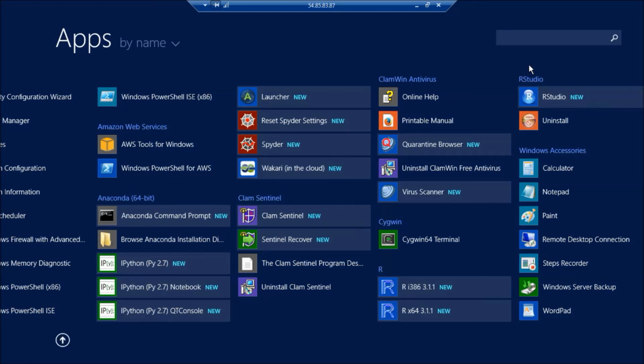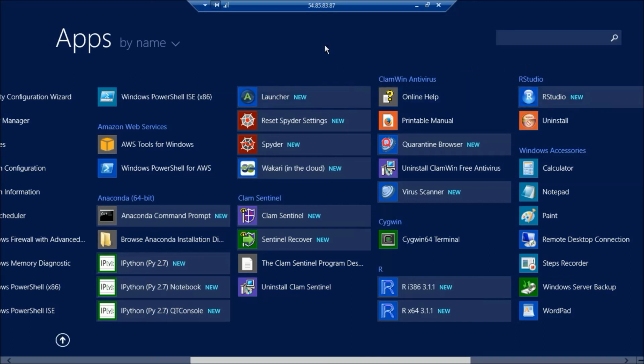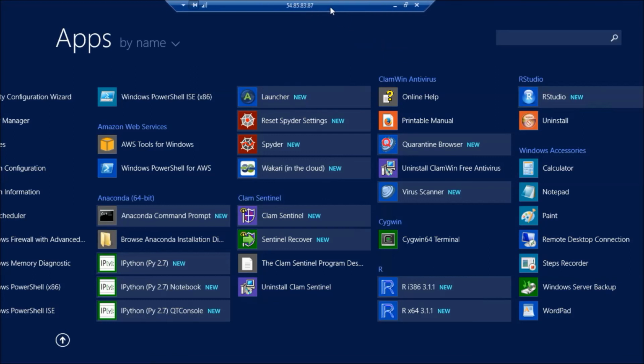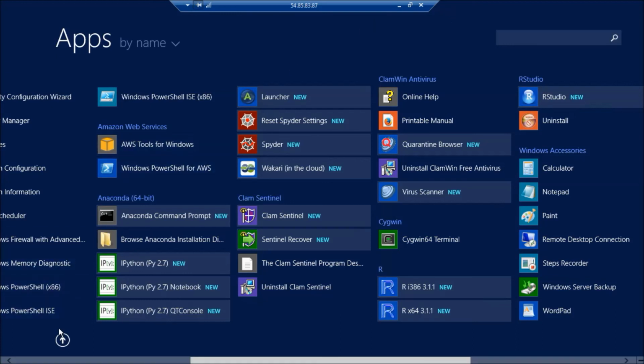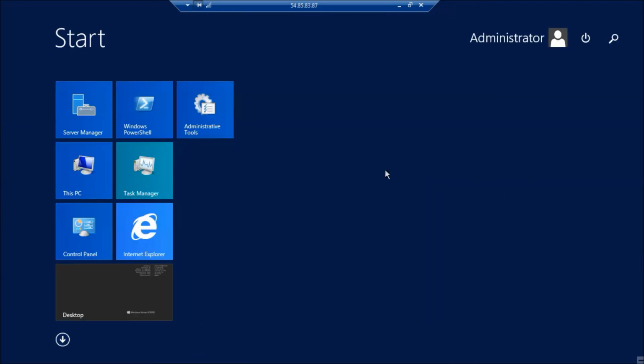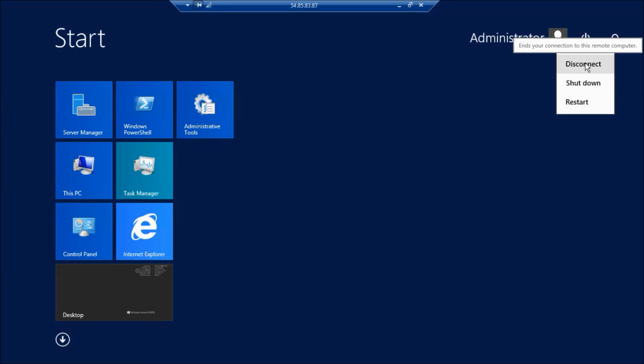I guess the final thing I should say is that I can log out in a variety of ways. For one thing, I can just take this little bar at the top, which is the tab from the remote desktop, and I can just click X and that'll disconnect me. Or if I want to, I can go back to the start page and then just click on the power switch here and say disconnect. I don't want to shut down, because if I shut down, that's going to disconnect this particular instance from the IP address that I've been using to connect, and that's going to be a